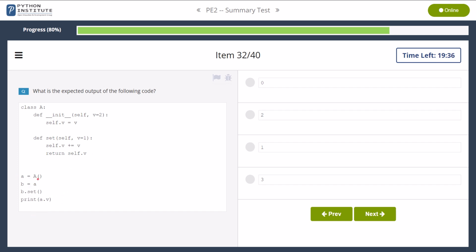We create an instance of that class, instance a. What happens? This init is called, and a.v is set to the value of 2. Why? Because we are not passing any value over here as an argument, and then the default parameter value is taken and set. Okay. Then what we do, we create b,